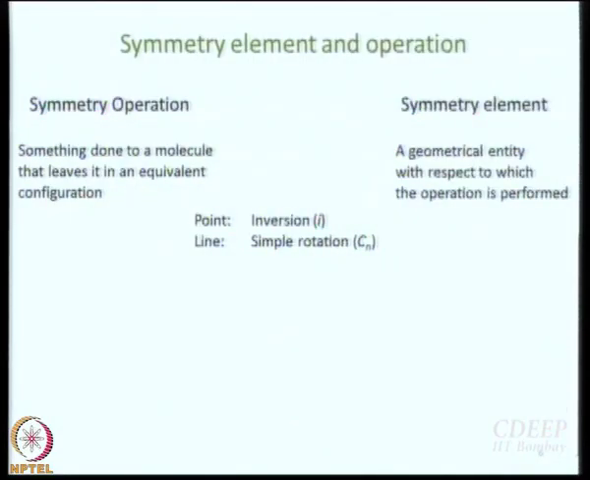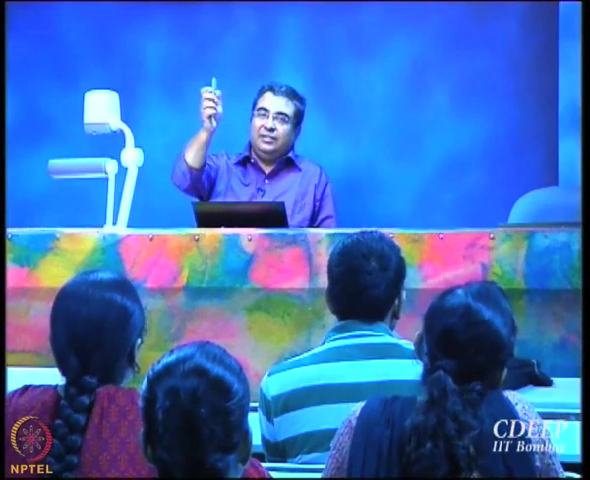The next thing, of course, is the line. What can you do with respect to a line? This is a line. What do you do with the line? You can rotate, right? So, a line, the operation associated with a line is rotation. And as I think all of us would know, it can be either simple rotation or it can be not so simple rotation. Depending on what it is, you call it either a simple axis of symmetry or